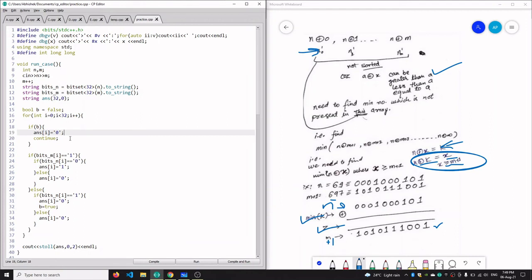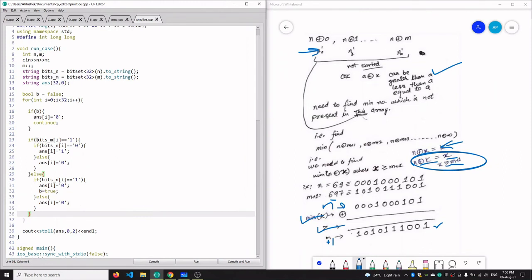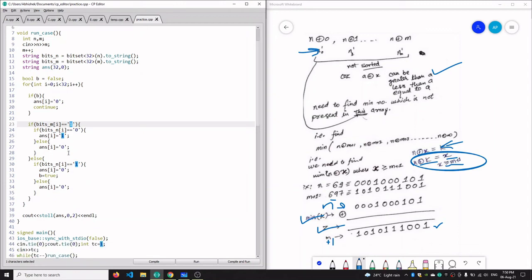We are focusing on creating k as small as possible, and otherwise, we are checking if m plus 1's bit is equal to 1. And if our n's bit is equal to 0, then we need to have 1 in our z, so that z should not become less than m.